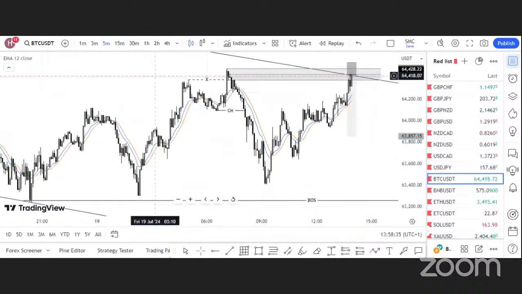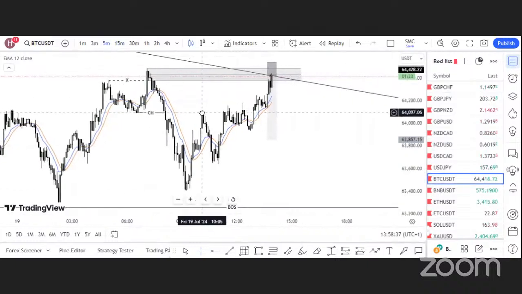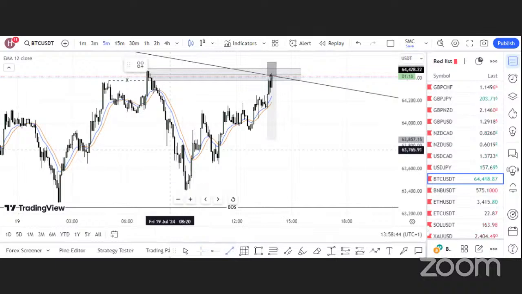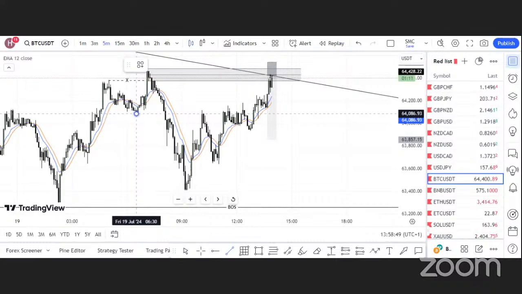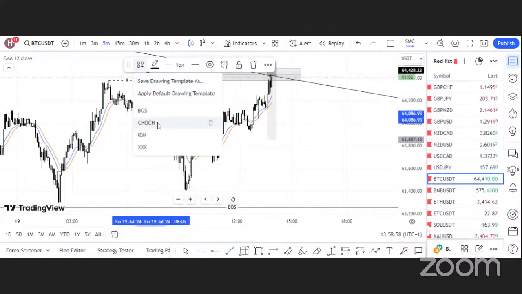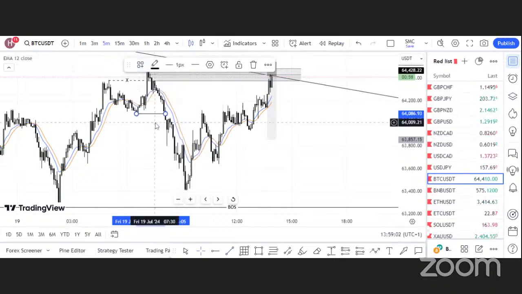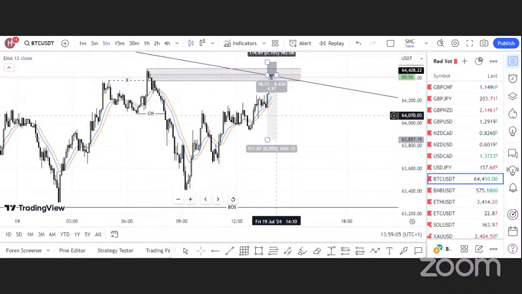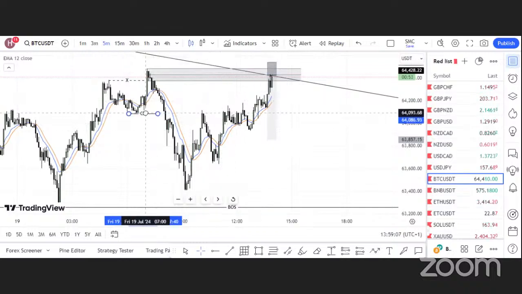Okay, so you see, patience is very important in forex trading. So if you're a forex trader, you want to learn how to be patient. So imagine if we had rushed into this market immediately, we got the first rejection. You see, but because we were patient,